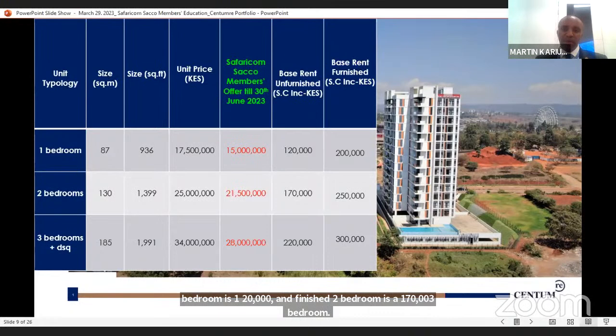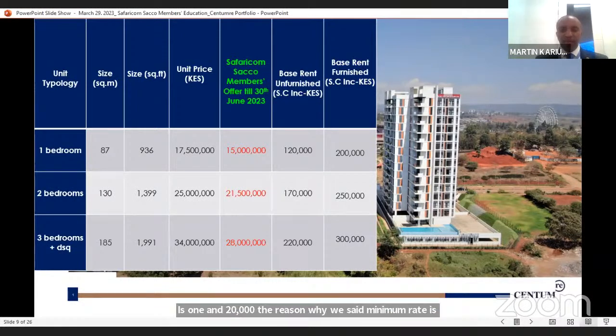The reason why we said minimum rent is because some of our investors do not understand the market, and yet they want to rent these residential projects. So we do the market study on your behalf, and we propose reasonable figures. We don't set the maximum for you, but we get you the baseline. This also helps preserve the value, because nobody can tell you